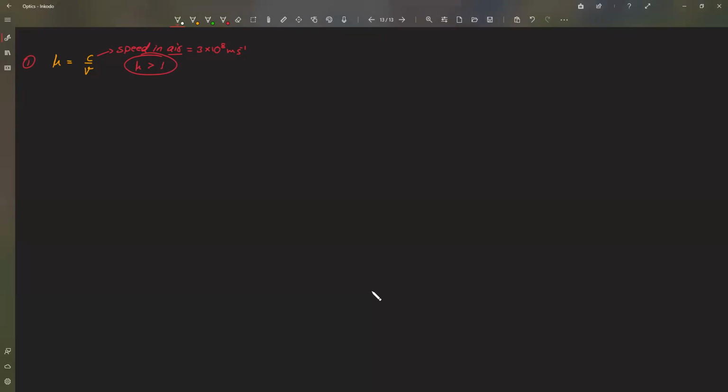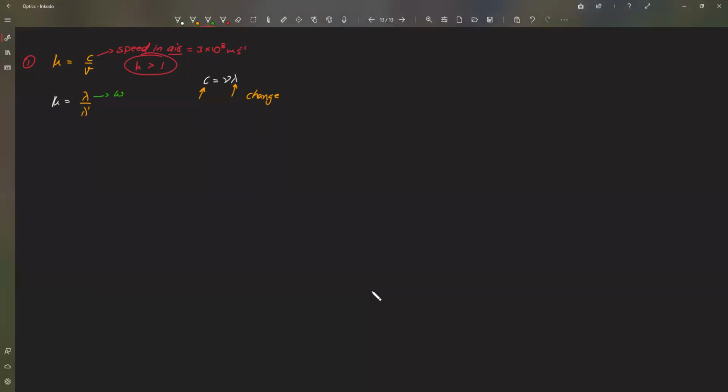Okay, this mu can also be given in terms of lambda. If you recall, C is equal to nu lambda, where nu is frequency and lambda is wavelength. And when the medium changes, two things change, that is the speed and lambda. We have already seen this. As you can see here, C is directly proportional to lambda. That means velocity is directly proportional to wavelength. So mu is equal to lambda divided by lambda dash, where again lambda is what?